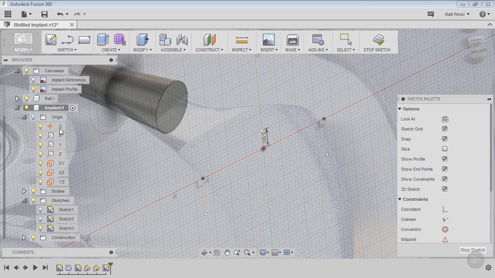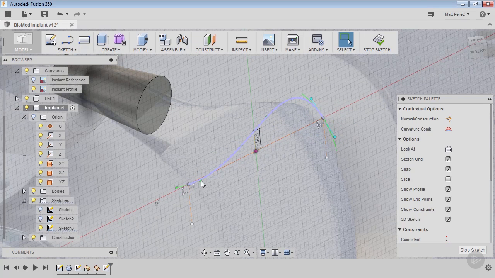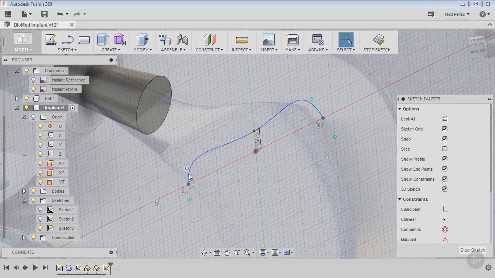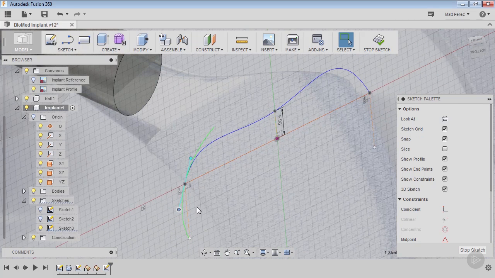So from sketch, we'll go to spline, go from this point, add a midpoint, and go all the way over here and say OK. Now remember with these spline handles, when we start to drag them and move them around, we can do things like apply a vertical relation. So I can come down and say vertical horizontal and it'll snap that to vertical. Now, the reason that I did not want to do that in this instance, I'm going to go ahead and delete the vertical relation, is just in case later on we decide that we don't want a vertical relation here,